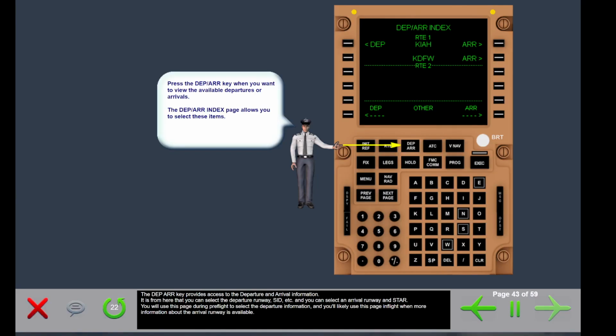The departure arrival key provides access to the departure and arrival information. It's from here that you can select a departure runway, SID, etc., and you can select an arrival runway and STAR. You'll use this page during pre-flight to select a departure information, and you'll likely use this page in flight when more information about the arrival runway is